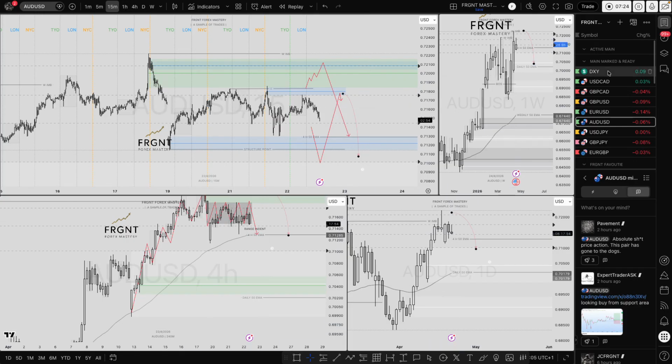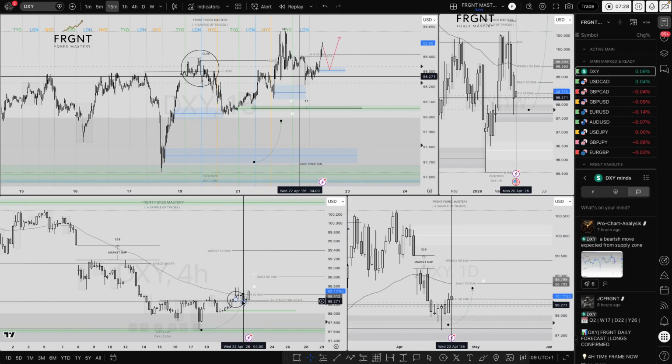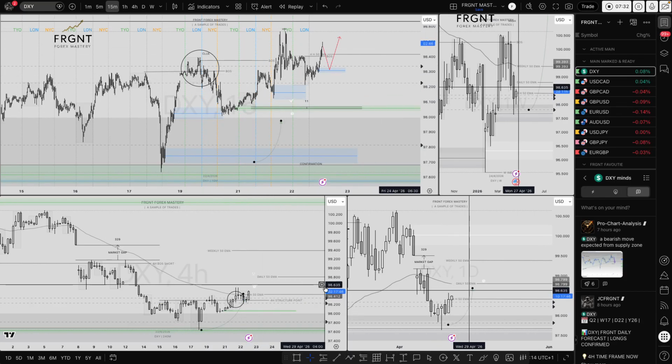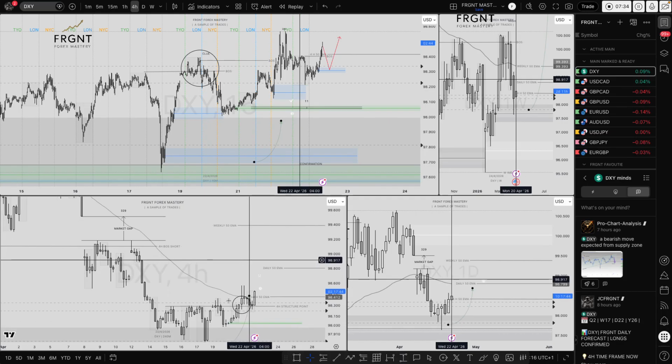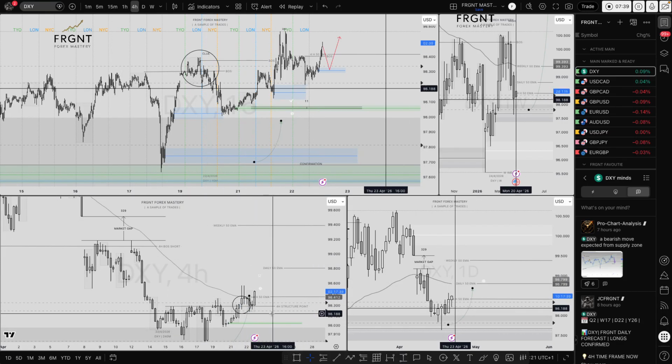based on the fact that I am monitoring the DXY performance, as you can see here a couple of days ago, waiting for that 4-hour time frame to really show its hand again, much like that 4-hour 50 EMA keeping price below. Also a structure point on that 4-hour time frame keeping price below.